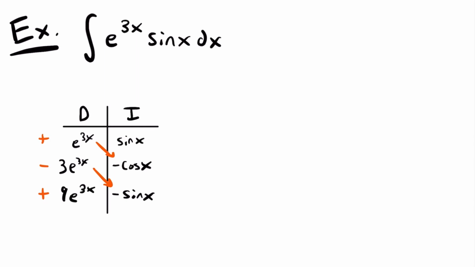We're going to have that this integral is equal to positive e to the power of 3x times negative cosine x. So we're going to have negative e to the power of 3x times cosine x. And that will be added to negative 3 times e to the power of 3x times negative sine x. Now those negatives will cancel out, and so we will have plus 3 times e to the power of 3x